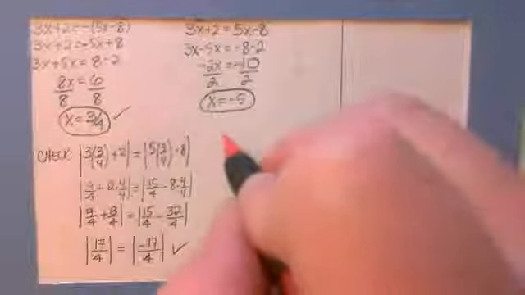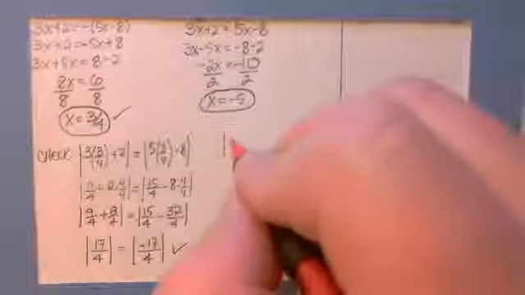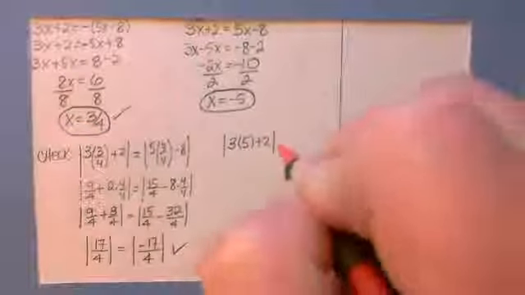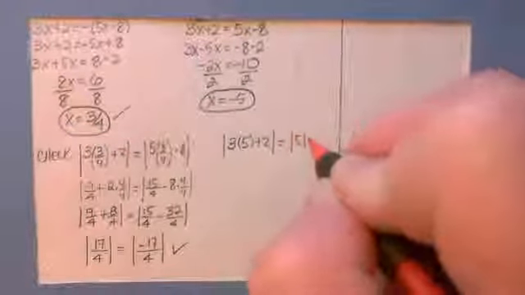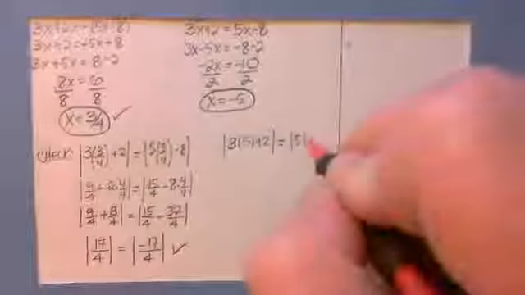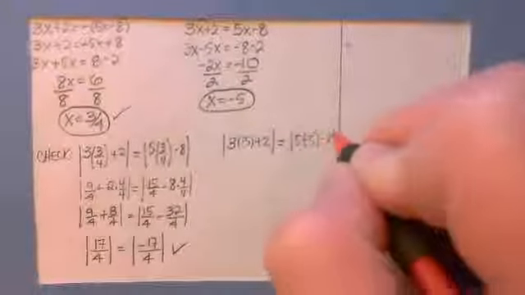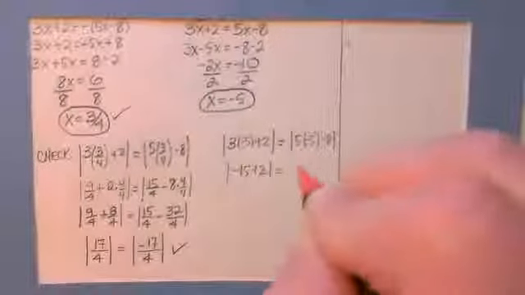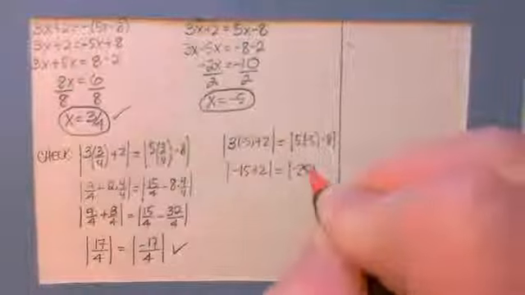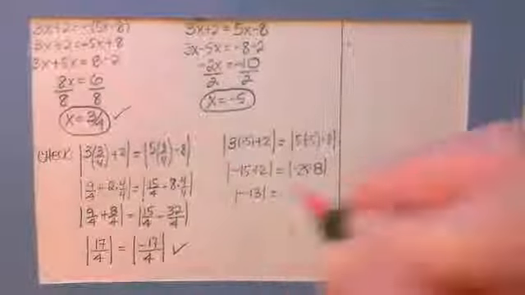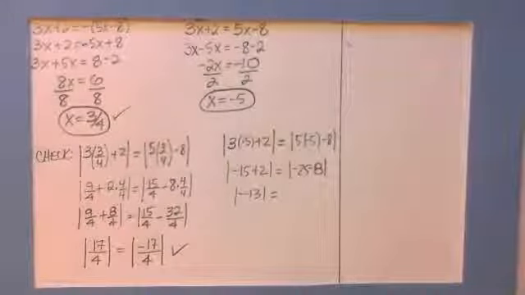We're going to do the same thing with the other answer. We're going to check. So we're going to do 3 times 5 plus 2, is that the same as 5 times... I'm sorry, it's a negative 5. So I'm going to put a negative there. Alright, negative 5 minus 8. So this would be negative 15 plus 2. And this would be negative 25 minus 8. So this would be negative 13. Is it equal to, whoops,